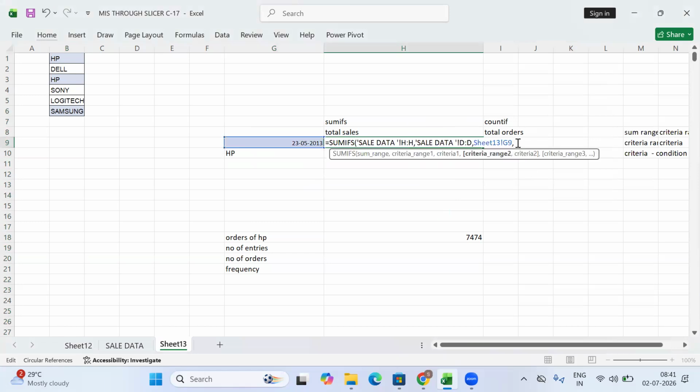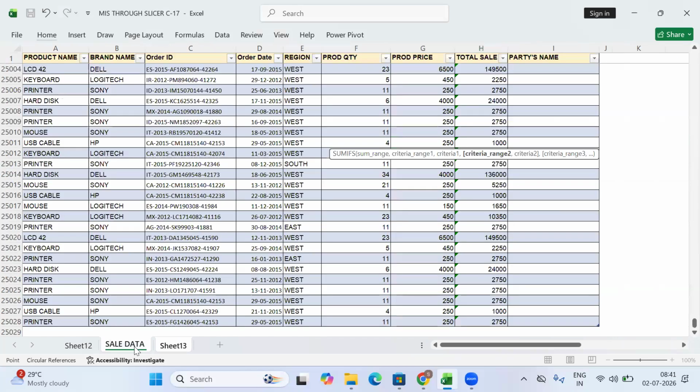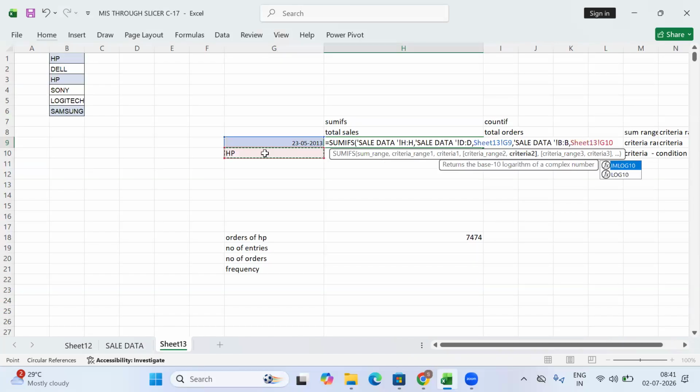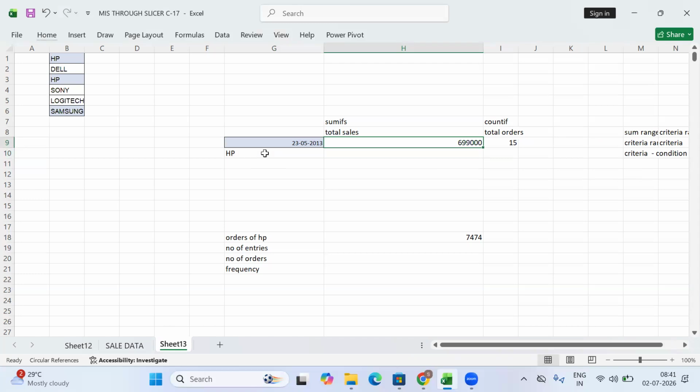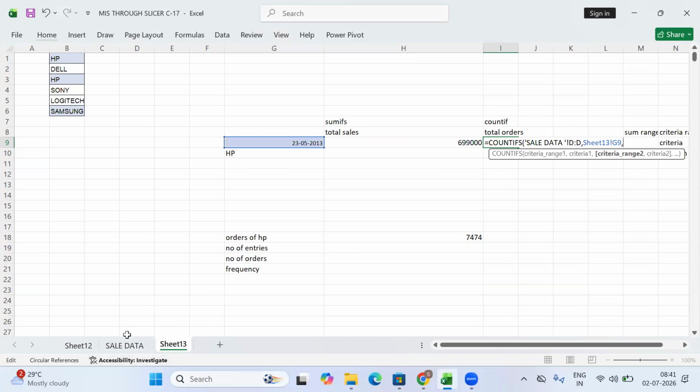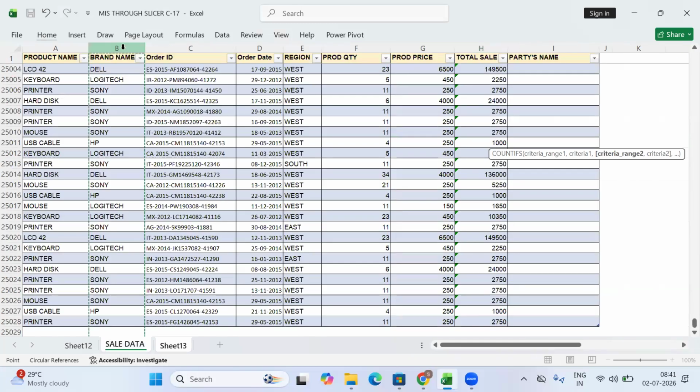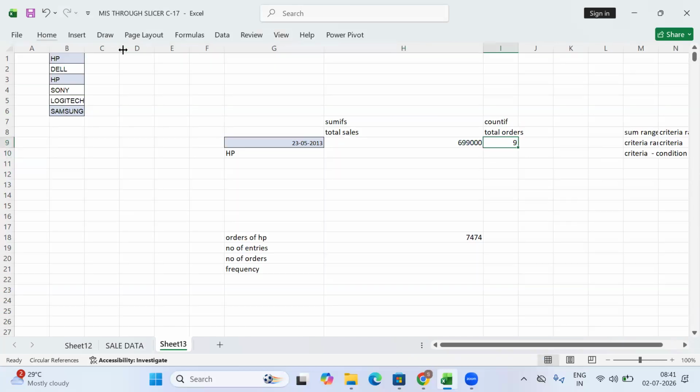I'll put comma. And here in the sales data, I'll select this B column. You can type also HP or select for that. See, this is for HP. Clear. Here also, same thing you will do. Just you need to add on the columns and give that condition. Simple. So 9 orders for HP.